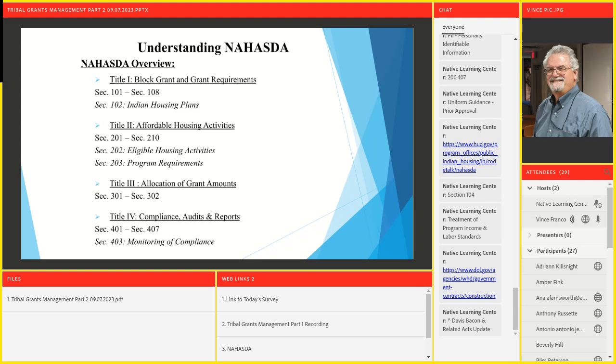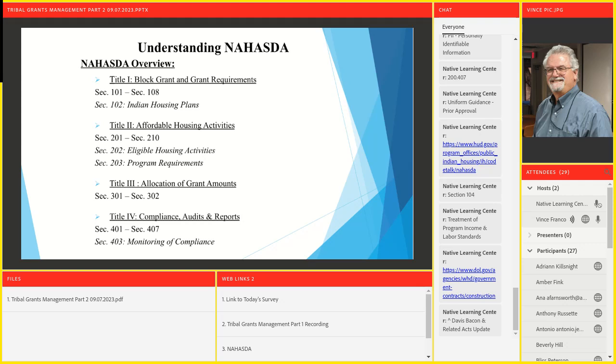Do it more frequently. Now, if you're an Indian Housing Block Grant Fund recipient, you still have to do this, right? What I would recommend, if you haven't done it already, is go to EWONAP, go to HUD, go to the HUD website. And then once you get there, go to what's called the self-monitoring checklist, right? Go there. HUD provides it. You can use it for the Indian Housing Block Grant.